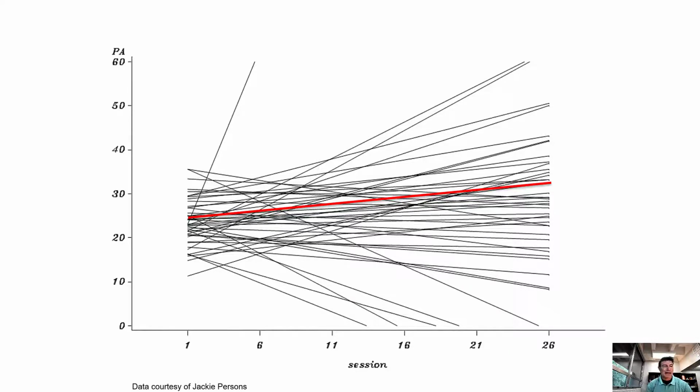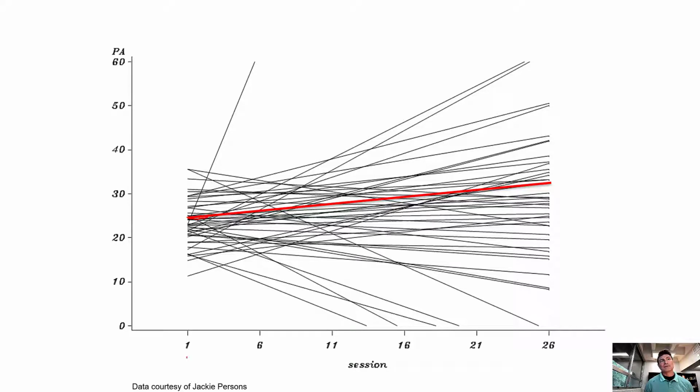This is the positive affect part of that scale, and it's not necessarily the opposite of depression, but we can think of it as being happy, almost. Maybe that's an oversimplification, but when we look at this data, what we see with this red line in the middle is the average of where everybody's at. And on average, people are getting happier across therapy.